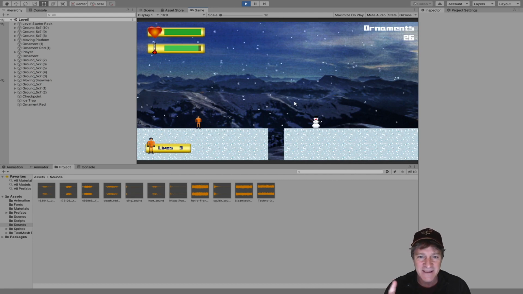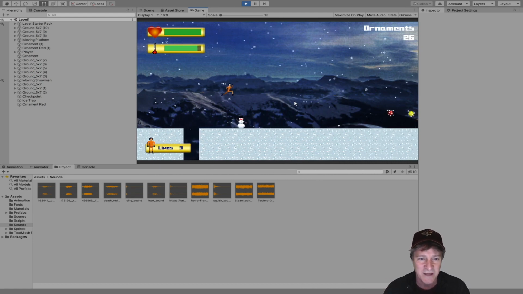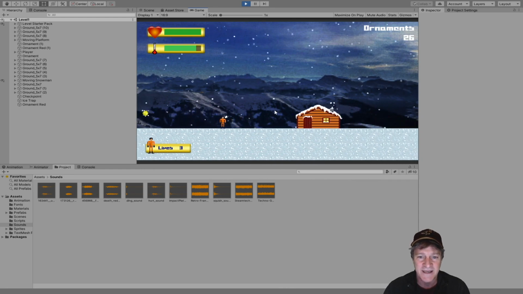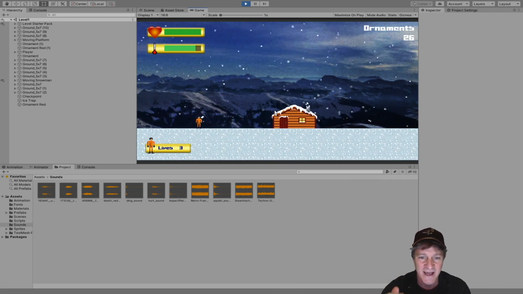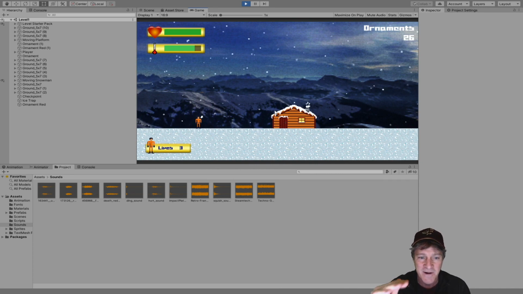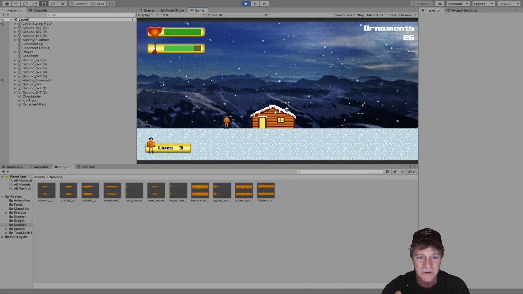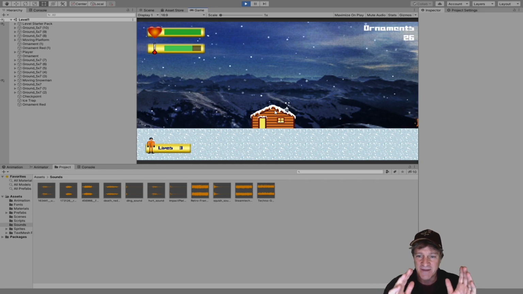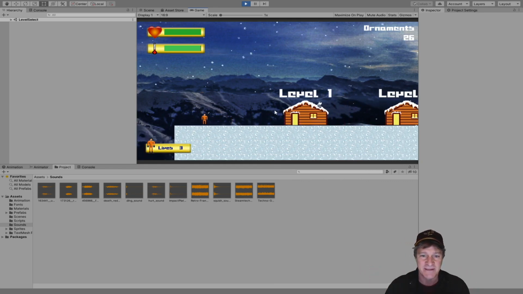And then the last thing that I worked on that starts to get at the whole game management type of thing is to really go in and take a look at how the level ends. So as you get to the end of this level, I drew this cabin here. As you get to the end here, you lose control of the player, the cabin opens up, so it's a heating station, and then the game just automatically carries the player to the next level.